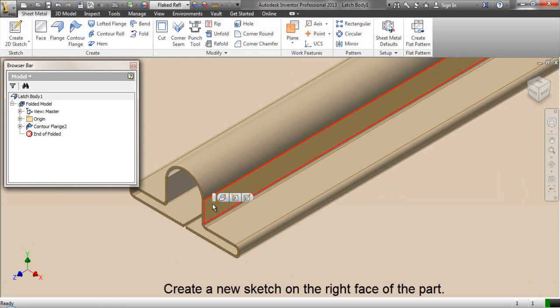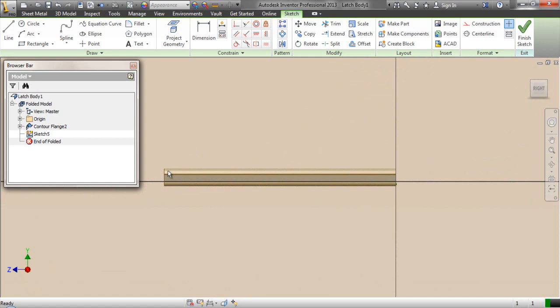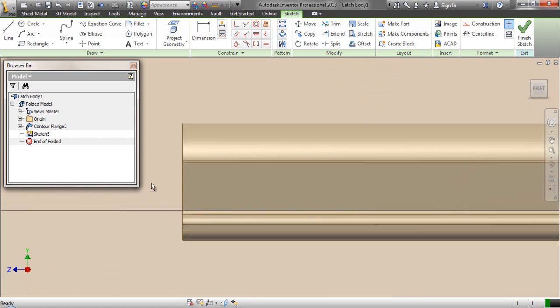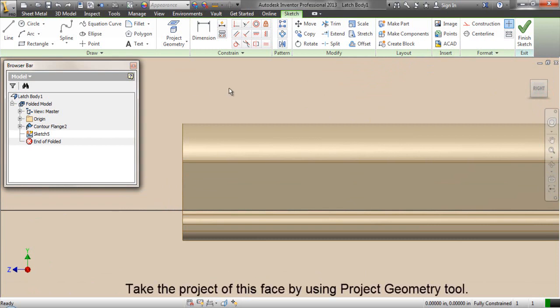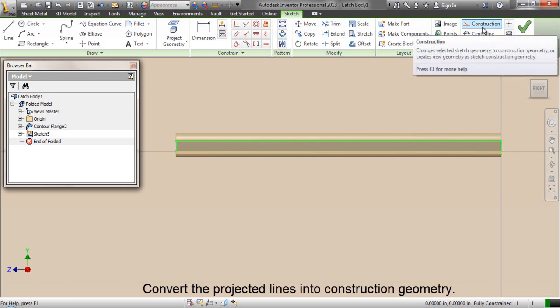Create a new sketch on the right face of the part. Take the project of this face by using Project Geometry tool. Convert the projected lines into construction geometry.